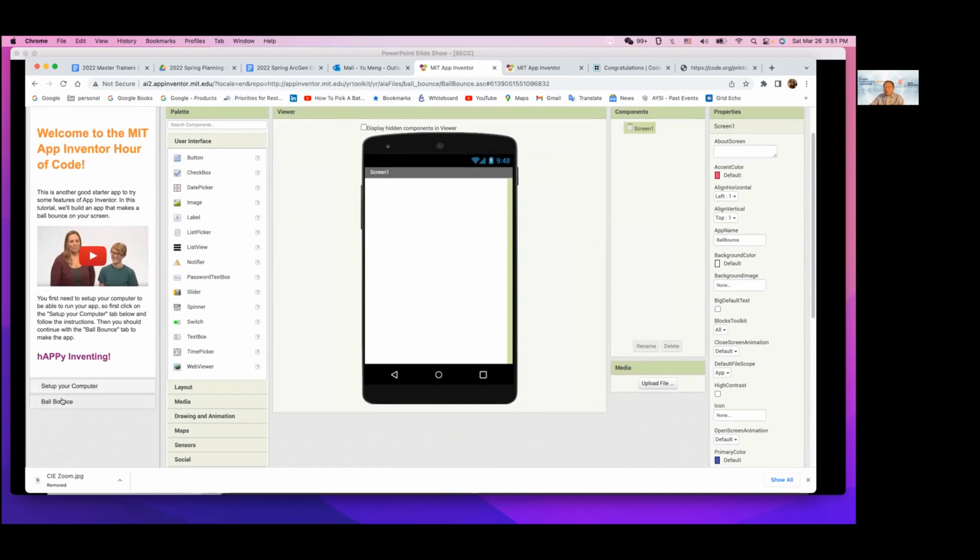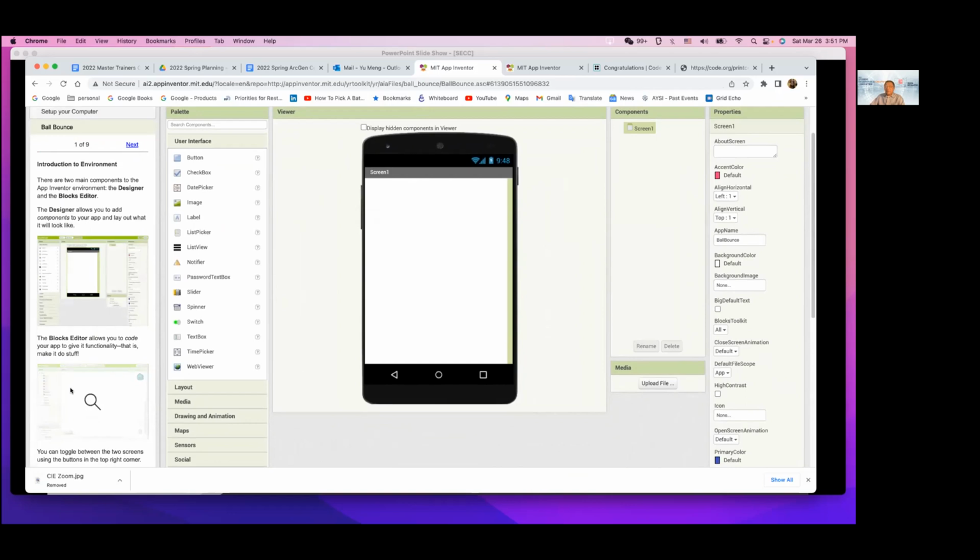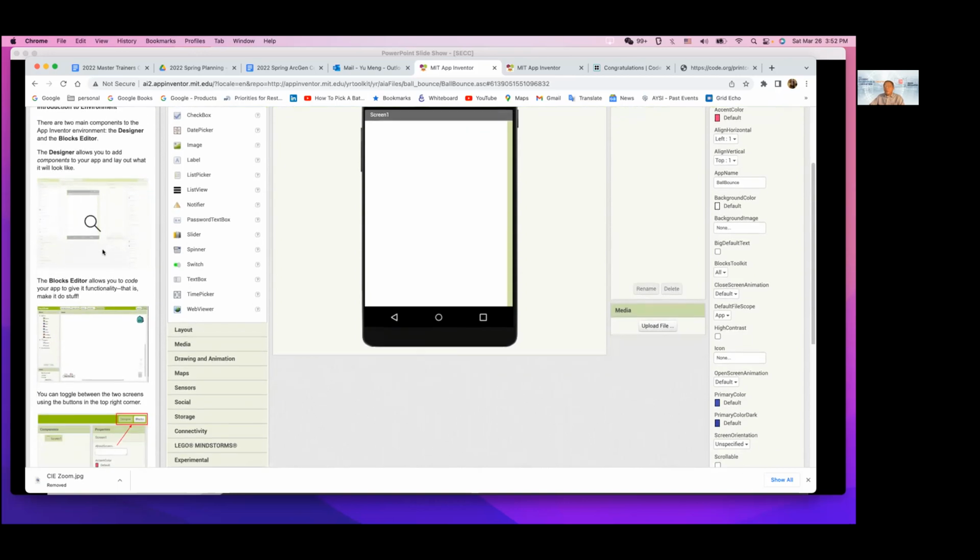I'm not going to repeat that again, but I want to go to the ball bounce, okay? Again, I want to say, follow me. I will keep the pace slow enough. Whenever you finish this, you earn a certificate of completion from code.org. Okay, so yeah, what it says is